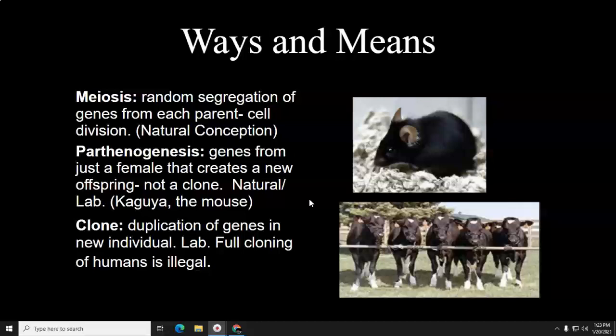At the bottom there, you see a set of cloned cows. Cloning is important in agriculture because, like in the factory farms where they raise hogs for medical reasons, to make insulin and things of that nature, you can control exactly what kind of hog you're getting and make sure that it's suitable for that product. In industries such as professional horse racing, horses have to be tested to make sure that they are not clones.